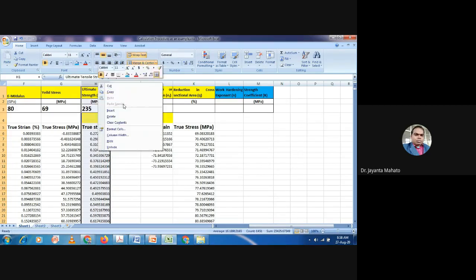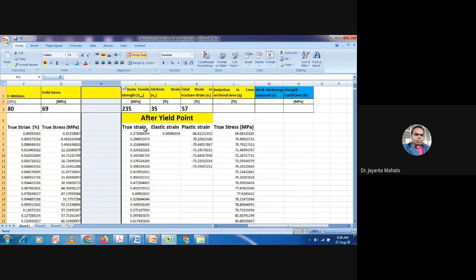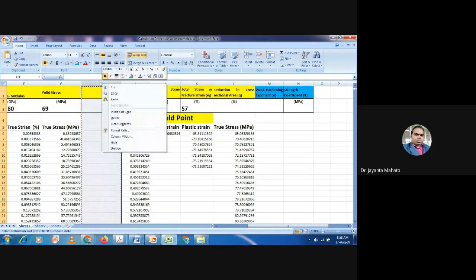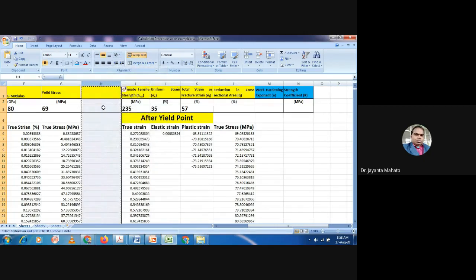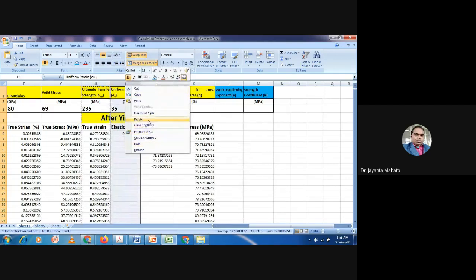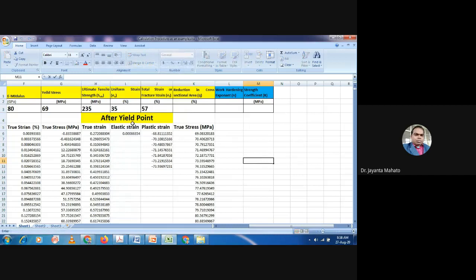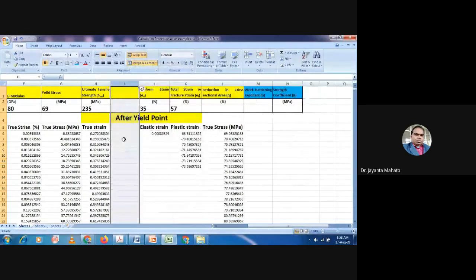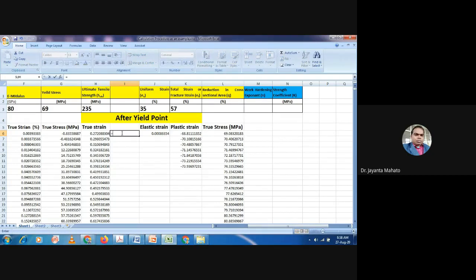Okay. I have to add one column here. So this is actually true strain value in percentage. First, you have to convert this value into absolute value. So equal to this divided by 100.